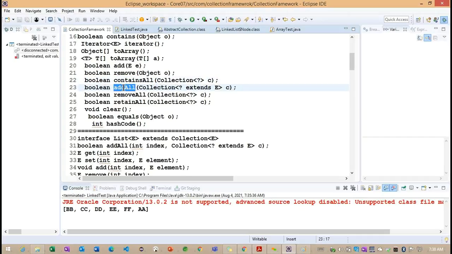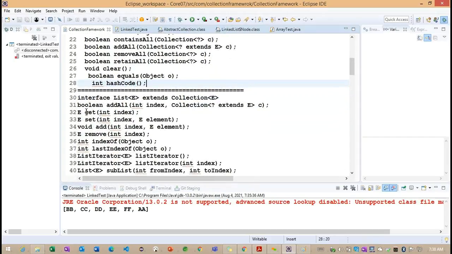And same way add also, based on the internal loop, it's going to call the add method. Okay. The clear method will clear all the objects from the linked list. The equals method we already identified just now. The hashCode we identified in the last class, because we are still working with the same String data type here.